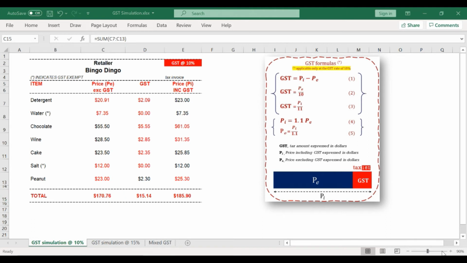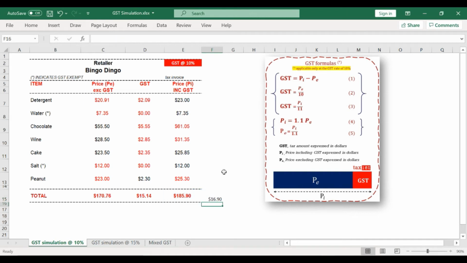Now, before we finish this exercise, one more thing I would like to highlight. Let's say, for example, I have the total here, and I would like to calculate the GST amount from the total. So forget about this section for now, and say on the actual receipts you've got only the totals. If I simply divide the price including GST, which is E15, by 11 as per equation number 3 to find out the GST amount,